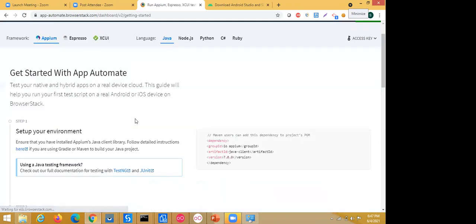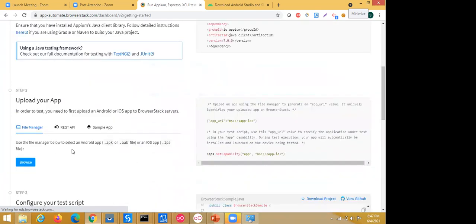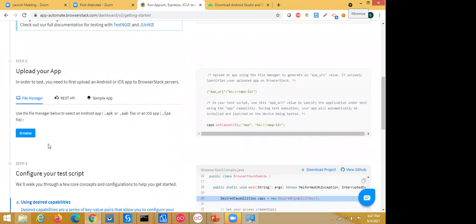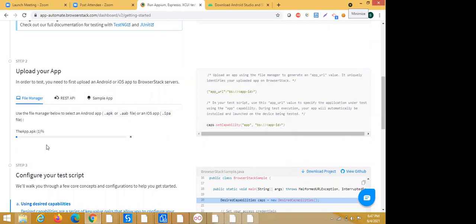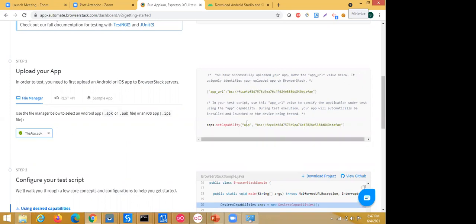So now, first of all, we need to upload our project or our application, the APK file for Android and the .ipa file for iOS, to the BrowserStack server. Just click on this browse button and select your application. The application is uploading, and once the upload is completed, BrowserStack automatically gives us an application URL.